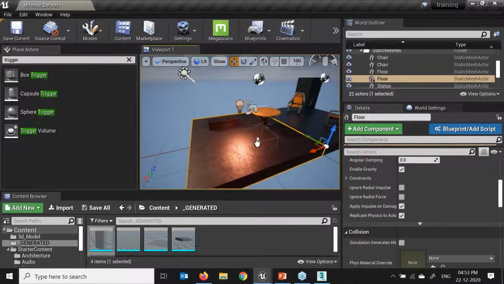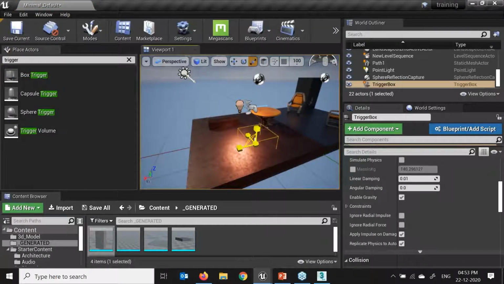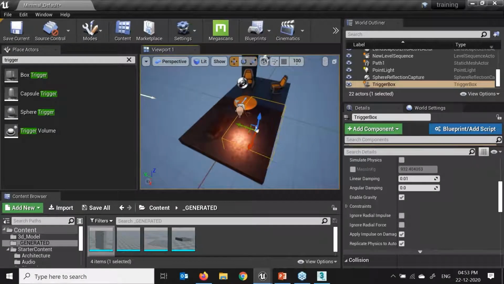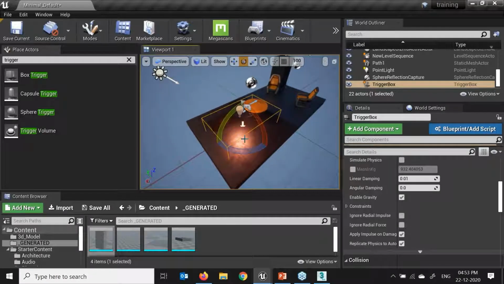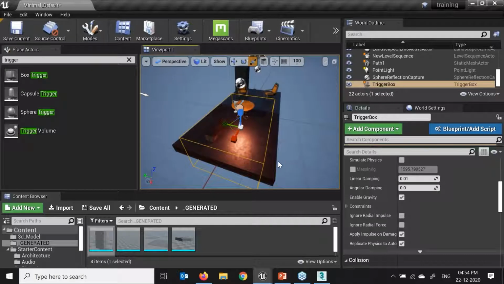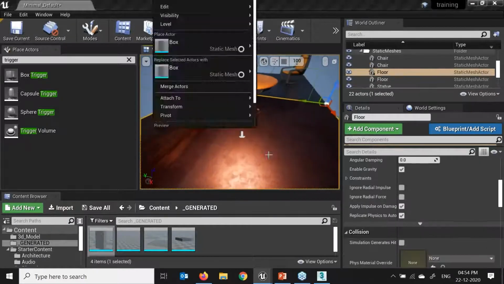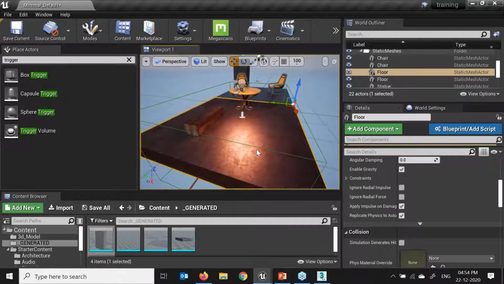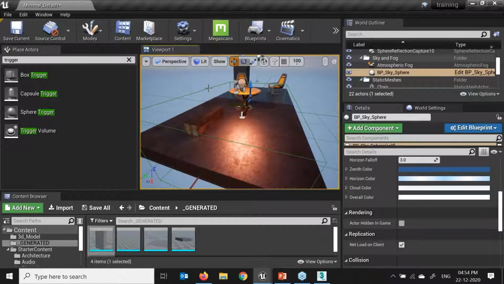With the help of a box trigger, for example, I'll scale it; this is not renderable. Here we have to give the blueprint. This is just a small example which I'm showing you. This is a simple trigger. If my character is outside of this outline, once it enters my scene, my light will automatically turn on. So we have to add this trigger with blueprint.